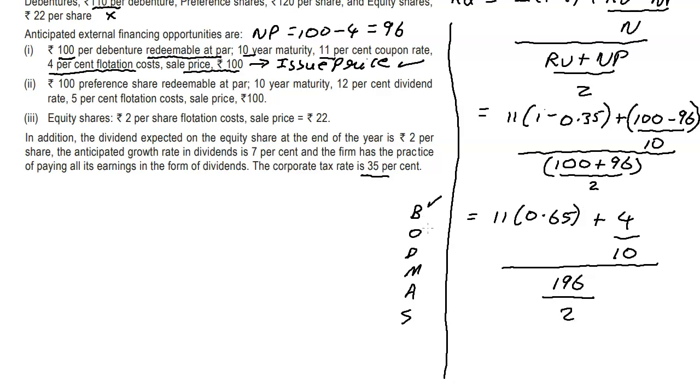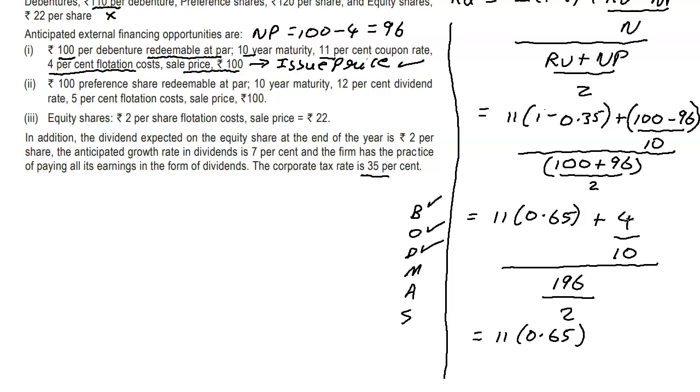So brackets done. There is no "of" word in this question. Next step is division. Okay, so we have 11 into 0.65, which by the way I could have done here directly. Division and multiplication you can do together. But just because I'm strictly following BODMAS in only this sum for you all to get the logic,